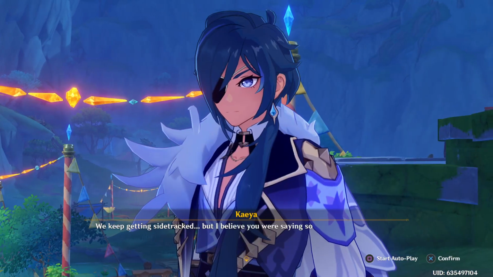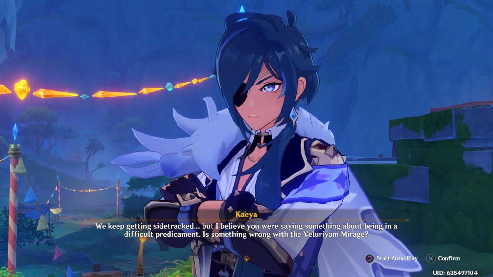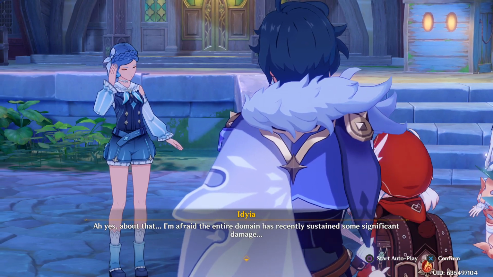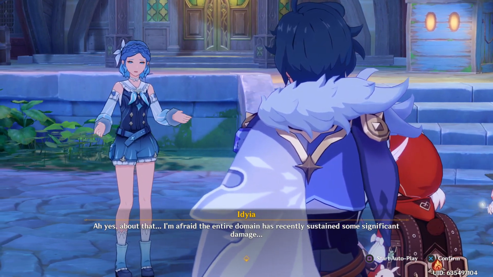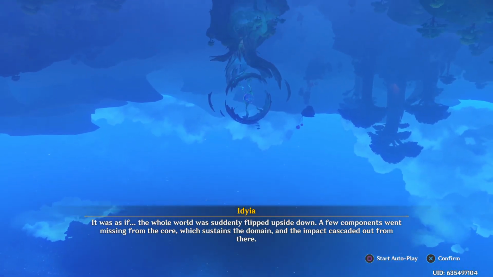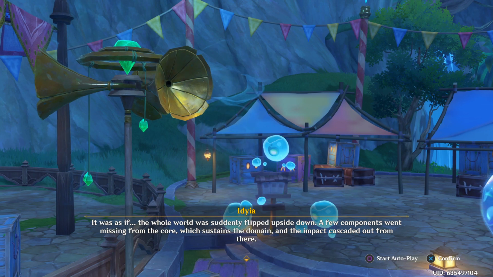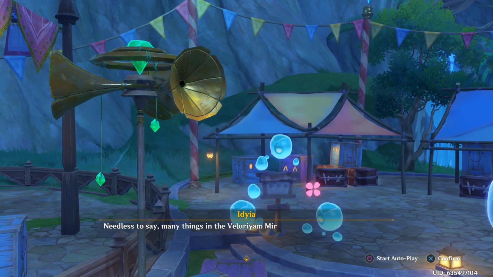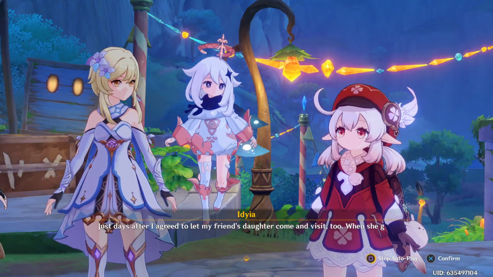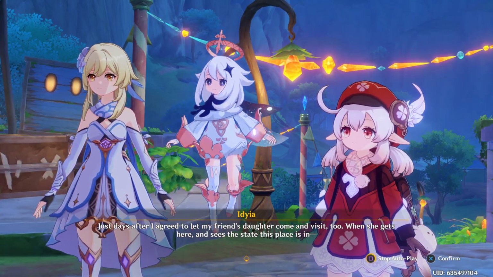We keep getting sidetracked, but I believe you were saying something about being in a difficult predicament. Is something wrong with the Veluriam Mirage? Oh, yes, about that. I'm afraid the entire domain has recently sustained some significant damage. It was as if the whole world was suddenly flipped upside down. A few components went missing from the core, which sustains the domain, and the impact cascaded out from there. Needless to say, many things in the Veluriam Mirage have now stopped working. Just days after I agreed to let my friend's daughter come and visit too. When she gets here and sees the state this place is in...